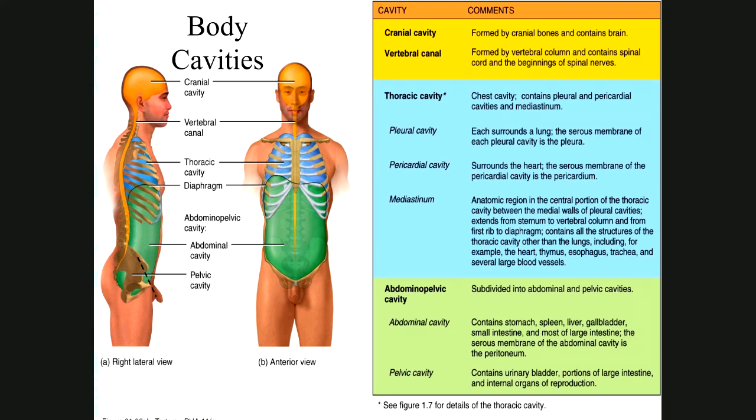So the cranial cavity and the vertebral cavity are considered posterior or dorsal. Of course, the cranial cavity contains the brain, and the vertebral canal contains the spinal cord, which has the beginnings of the spinal nerves. The thoracic cavity